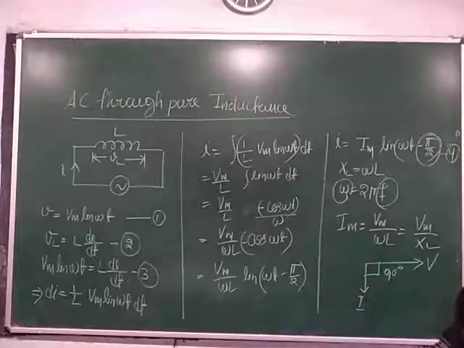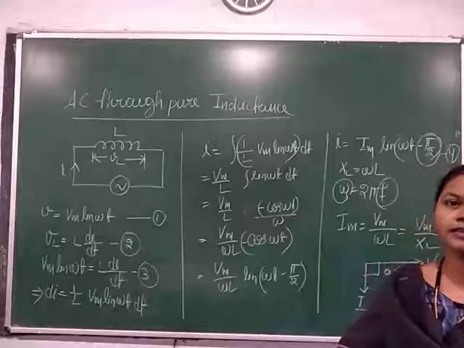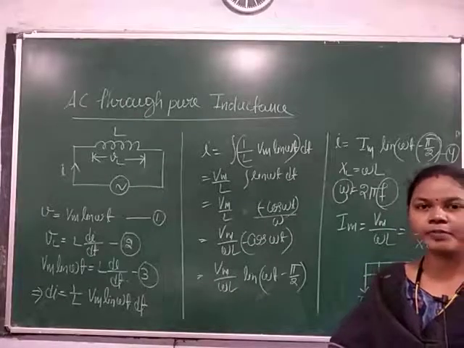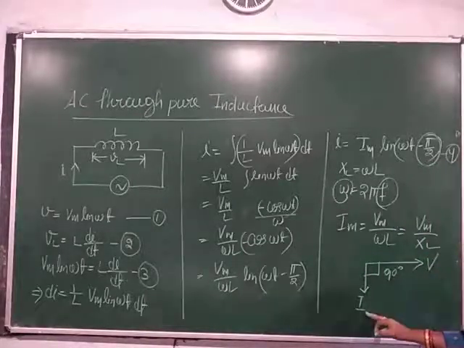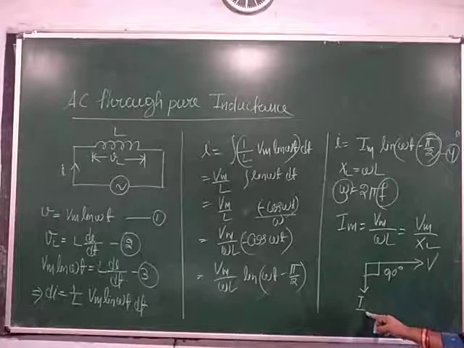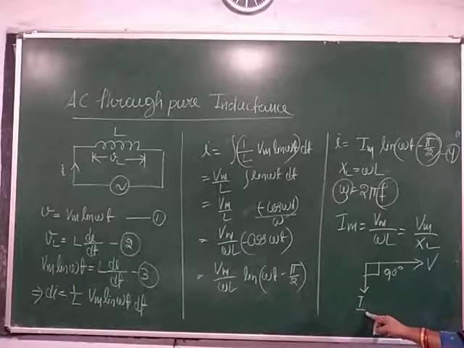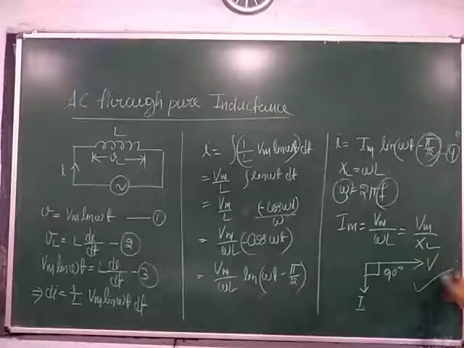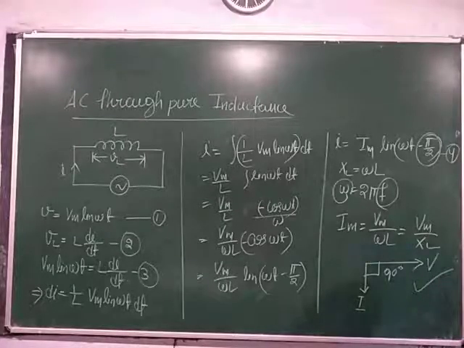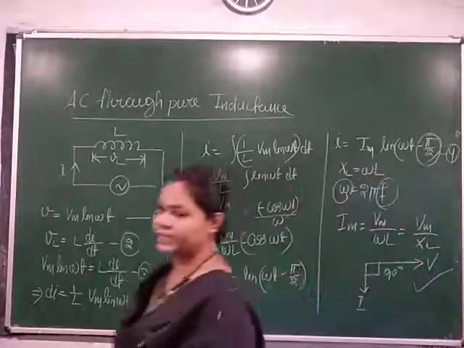Here students, always remember that the phasor diagram is drawn by taking RMS quantities. This V and current I are the RMS quantities of voltage and current. You have to remember this point. And what is the RMS value? It is 1 by root 2 times the maximum value of an alternating quantity. So students, this diagram represents the phasor diagram for a purely inductive circuit when AC is flowing through it.